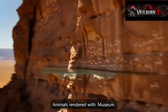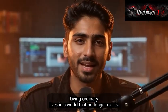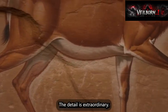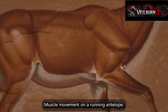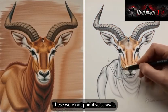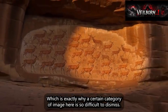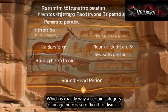Animals rendered with museum-quality accuracy. People swimming, hunting, living ordinary lives in a world that no longer exists. The detail is extraordinary. Muscle movement on a running antelope, the specific curve of a bull horn. These were not primitive scrawls. The people who made them could draw, which is exactly why a certain category of image here is so difficult